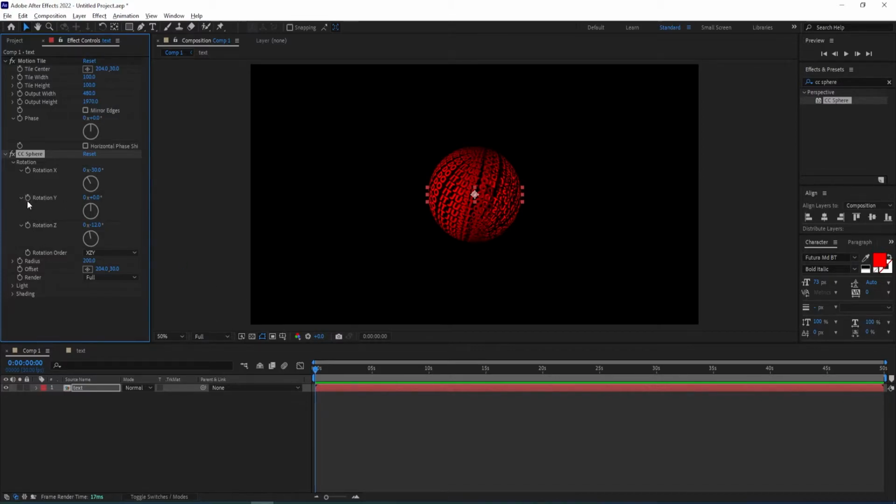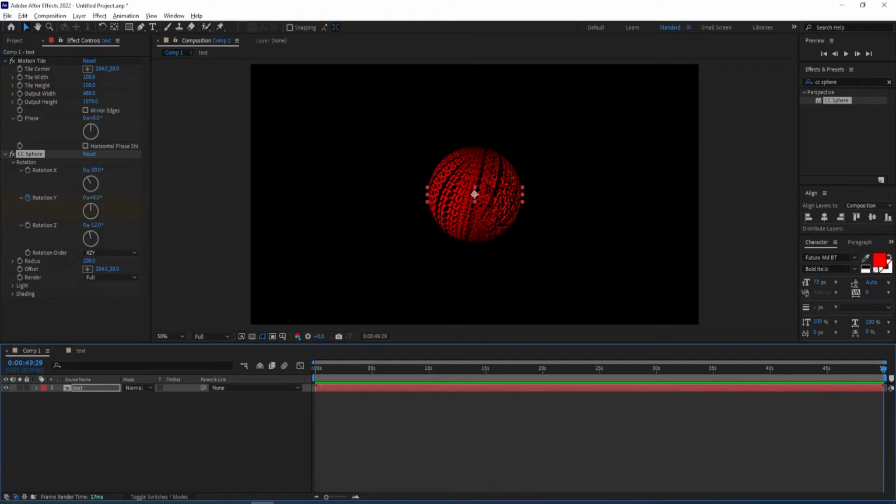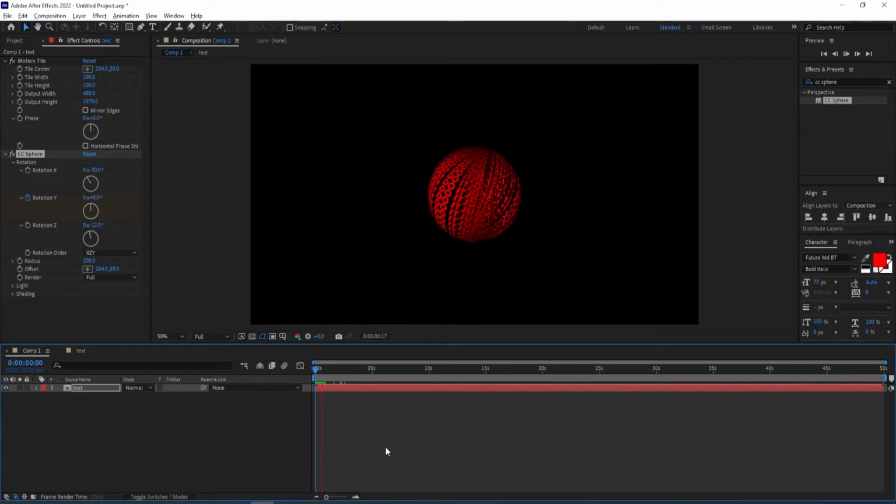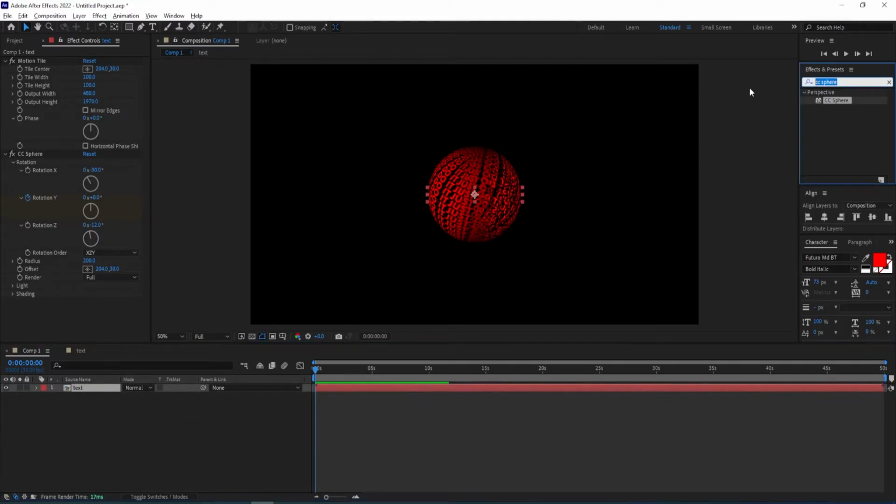Now we set a keyframe to it at the beginning, and then go to the end of the animation and give it a value of 4. So we have it rotating like that. And now we can go to effects and presets and then type in element. So we are gonna be using the plugin from Video Copilot for Element 3D. Double click on it,